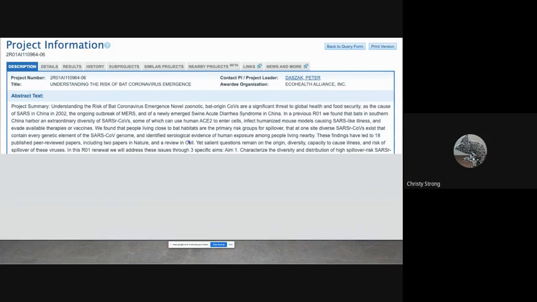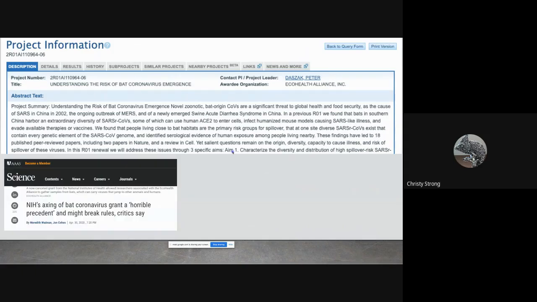They're like, absolutely, yes. What you say that you need to address, such as the origins, diversity, capacity to cause illness and risk, absolutely, we need to fund this. And so it was funded. And then we had the COVID-19 outbreak, and NIH pulled their grant because of some political